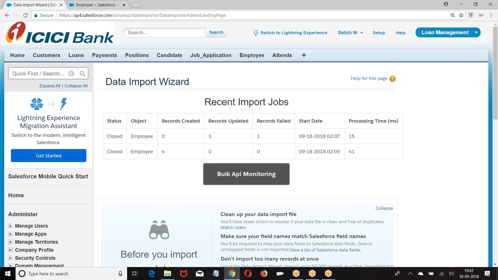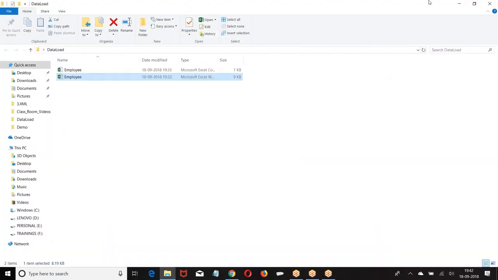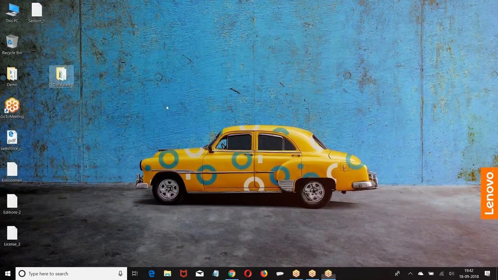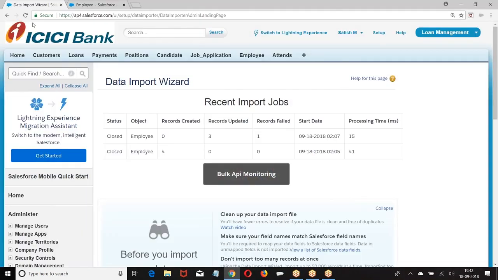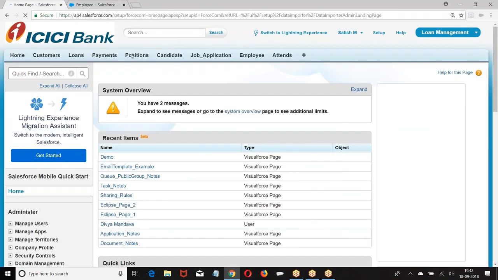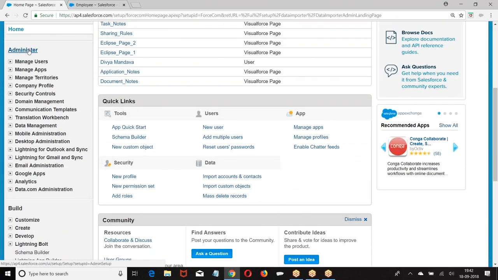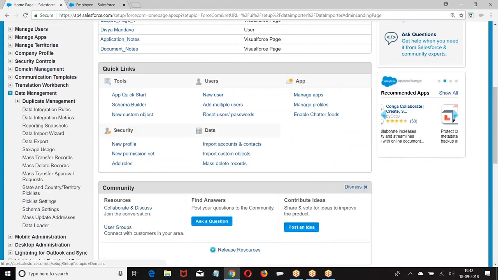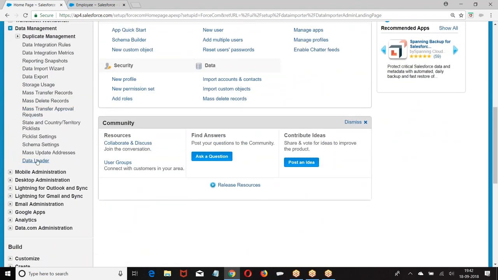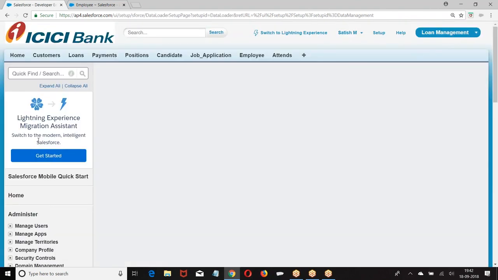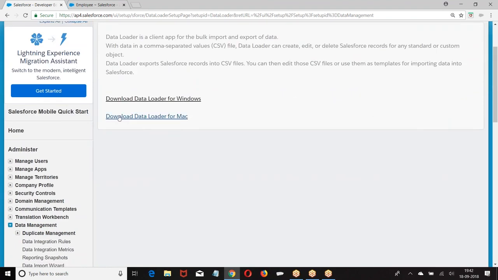Now look at this. If you want to go for Data Loader, first, how to download it. Setup, administer, data management, Data Loader, download Data Loader for Windows or Mac.